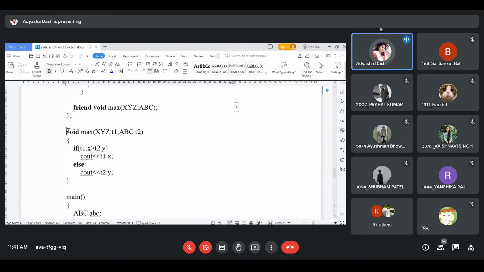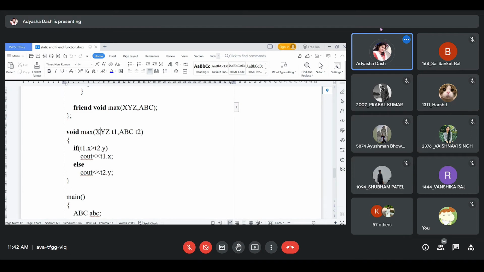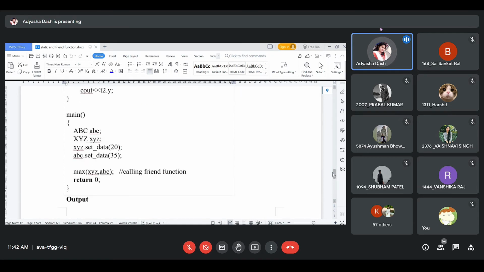And this is the definition of max, the way we have already done for the previous problem. Here also we are finding the largest, the same thing: we are finding the maximum amongst the two numbers. Just the function arguments here will be the class name XYZ with T1, and the other class ABC with T2. So whenever we make a call to